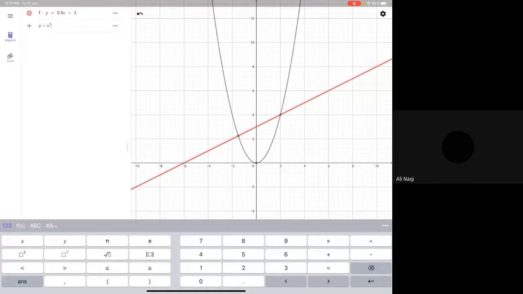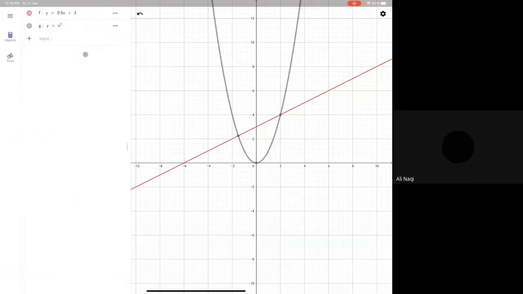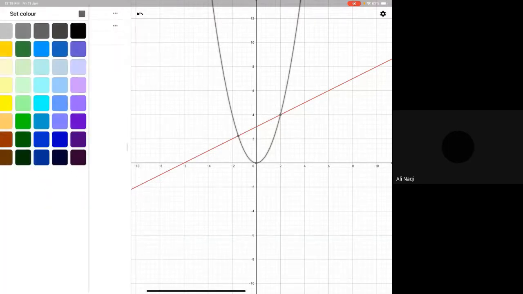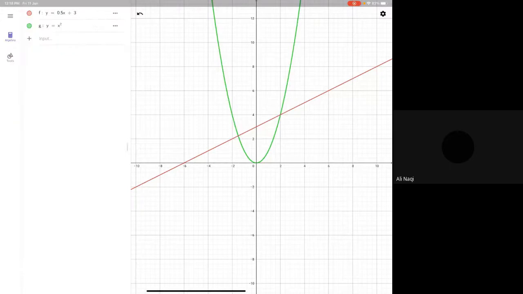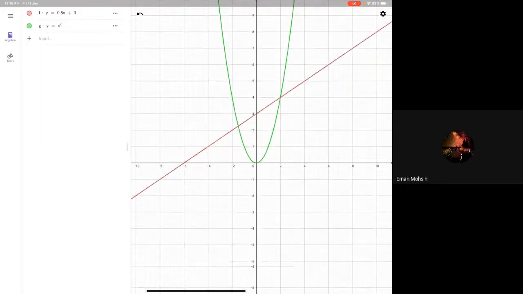Look at this second equation. Let me change the color to some green. Now if you look at this green equation, see what is happening. If you are going at different x, you will have different slope. At x equals 0, slope is 0. Can you see that? Here you can stand. It is like horizontal. Can you see? Yes, sir. Okay.